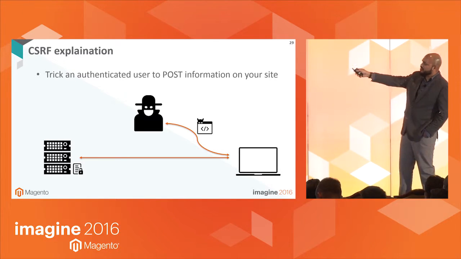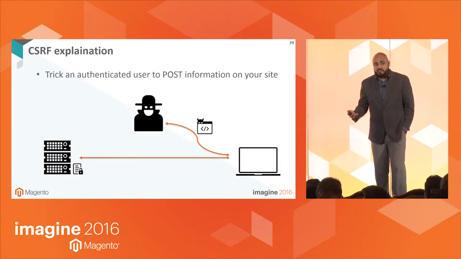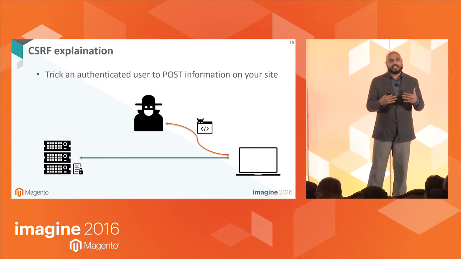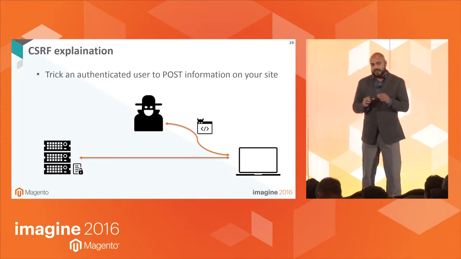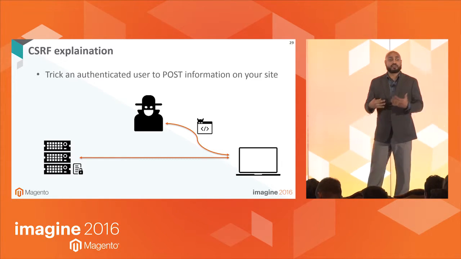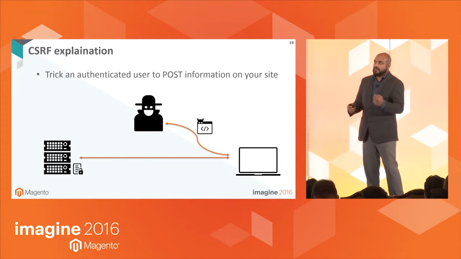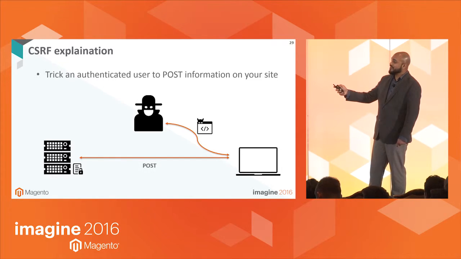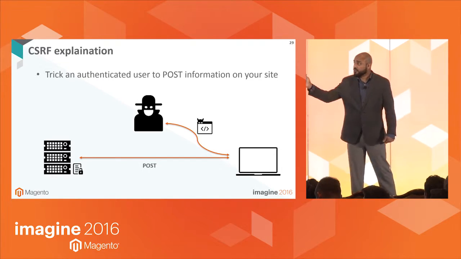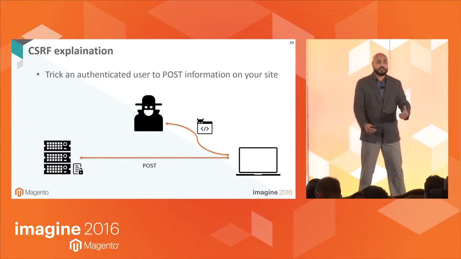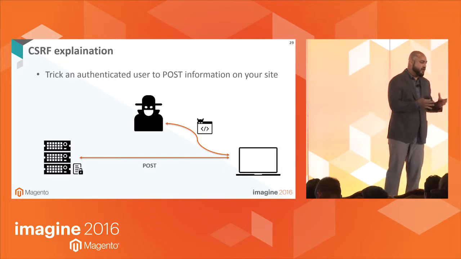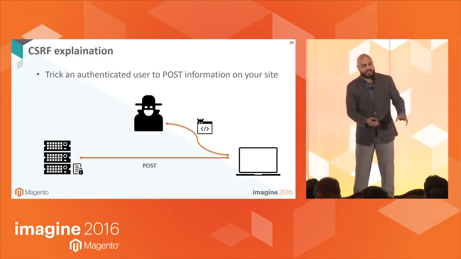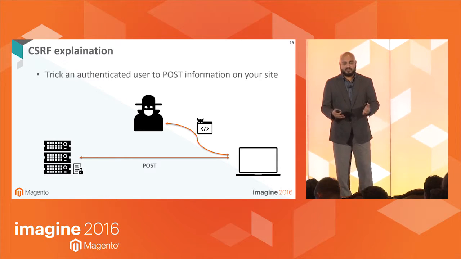And he sends that to an authenticated user. The website may have cats, or an animated GIF of cats, just so the authenticated user spends time looking at it. And silently, out of the frame, where the authenticated user cannot see, the attacker is aware of what the form post is like. So he makes his JavaScript post to the site that the authenticated user is logged into. This could be extremely dangerous, because if you create some custom forms in Magento and you don't protect against CSRF, the attacker could execute those on behalf of an admin user.